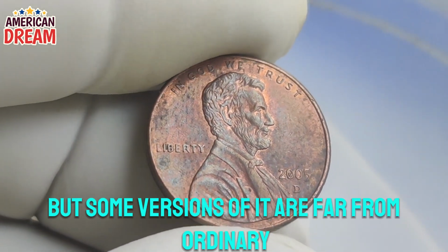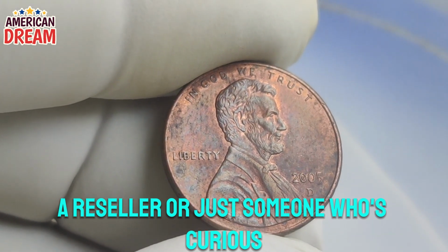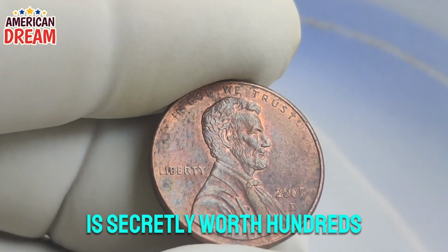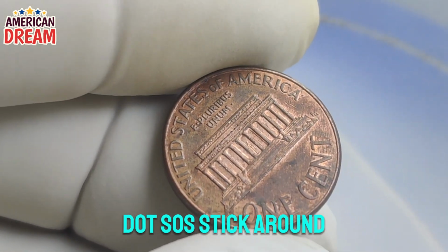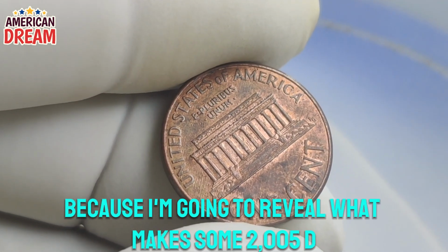Hello coin lovers and treasure hunters, and welcome to the world of Liberty Lincoln history, where we dive deep into the world of hidden gems, rare coins, and small cents that could be worth big dollars. And today, we're taking a closer look at a coin you might just have lying around in a jar, in your drawer, or even in your wallet right now, the 2005 D